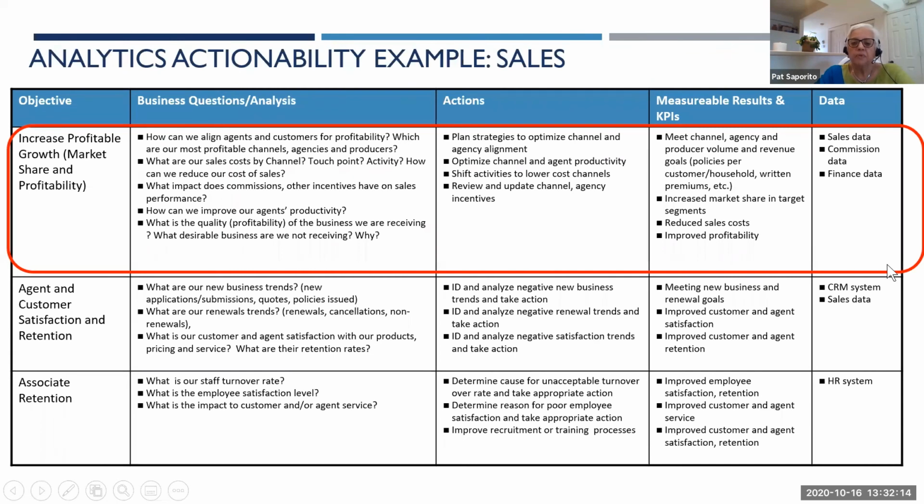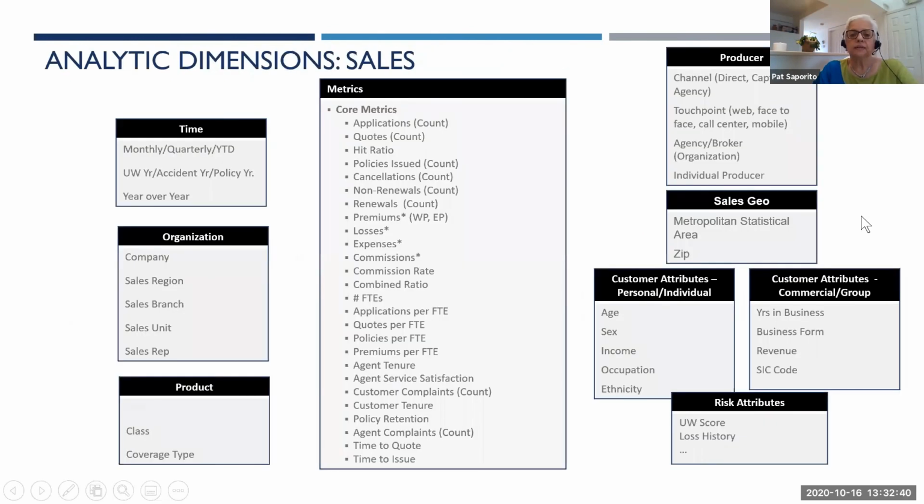In the interest of time, I'm not going to go through the same thing for sales, but I'm going to invite you to go back and take a look at this, because I paraphrase the same questions and look at these things from a sales perspective: aligning our distribution channels, our agents, and looking at our sales costs, the cost to sell, and some of the data that we would use for that. Similarly, we would look at our sales data in terms of the metrics and the dimensionality.